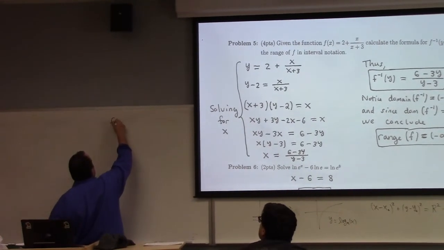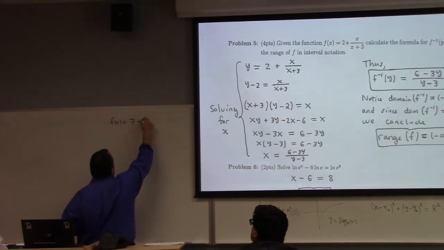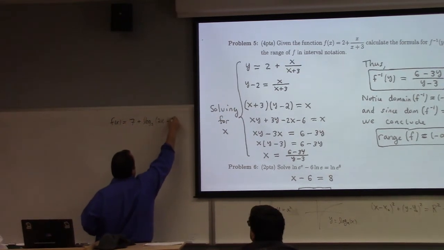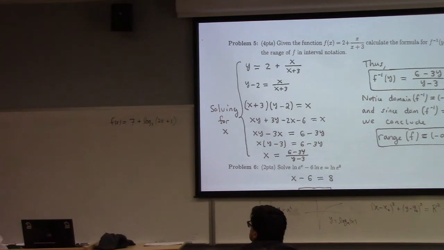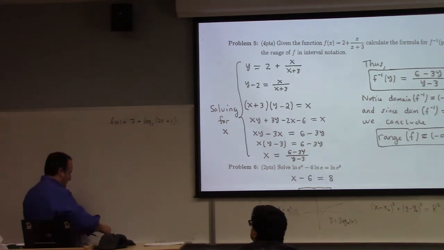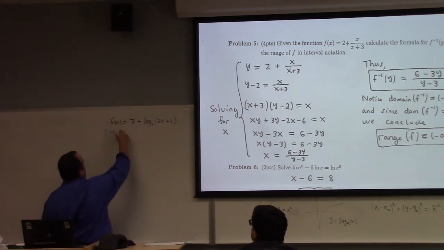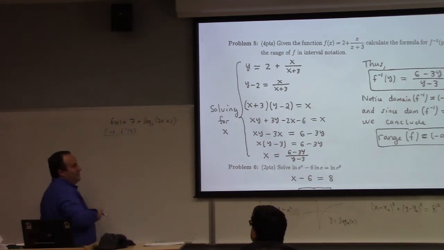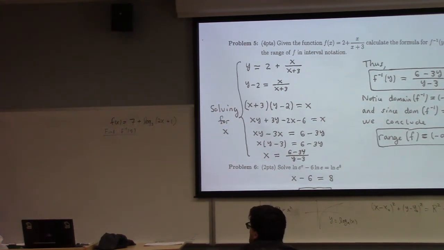Let's see here, f of x equal to 7 plus log base 3 of 2x plus 1. Find the inverse function for this one. Can you do it? Find the inverse function. Now, if we have the same formula trading x for y again, that would be